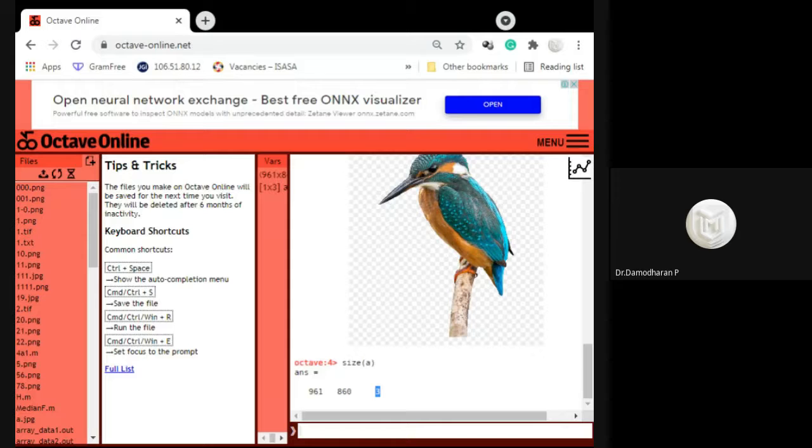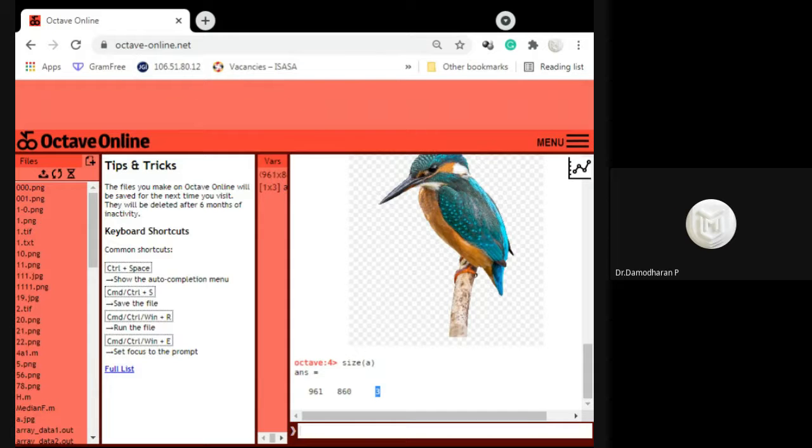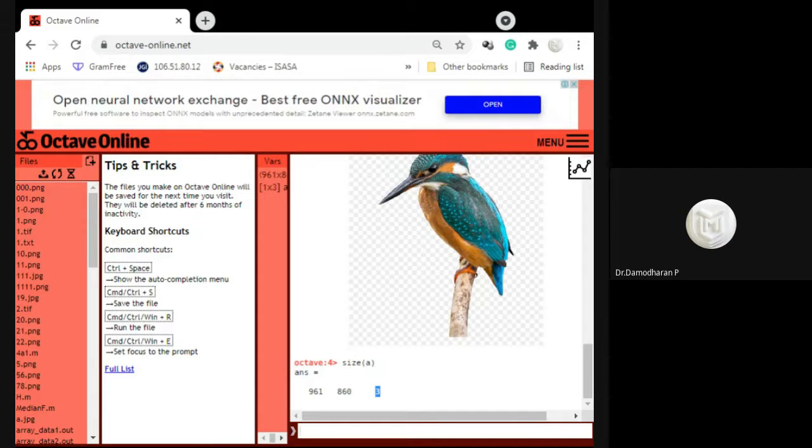Here the number of matrices is 3, which means it is a colored image. The matrix is represented separately for red, green and blue. Why red, green, blue? It is a combination of these three colors. With this combination, we are able to get a number of colors.